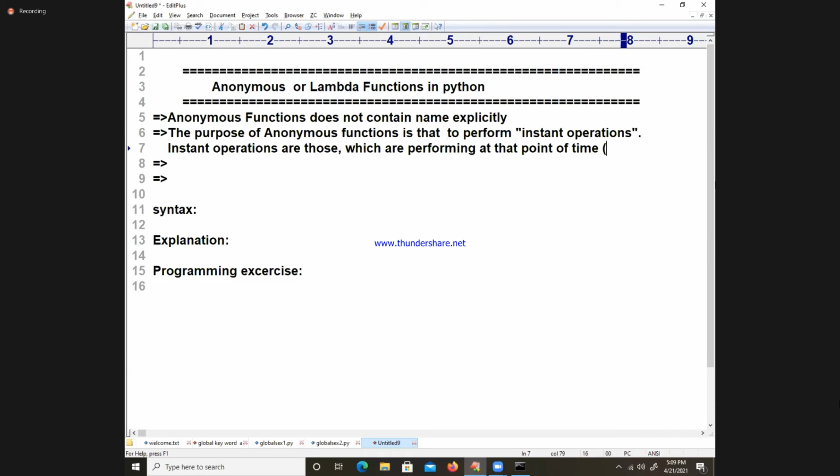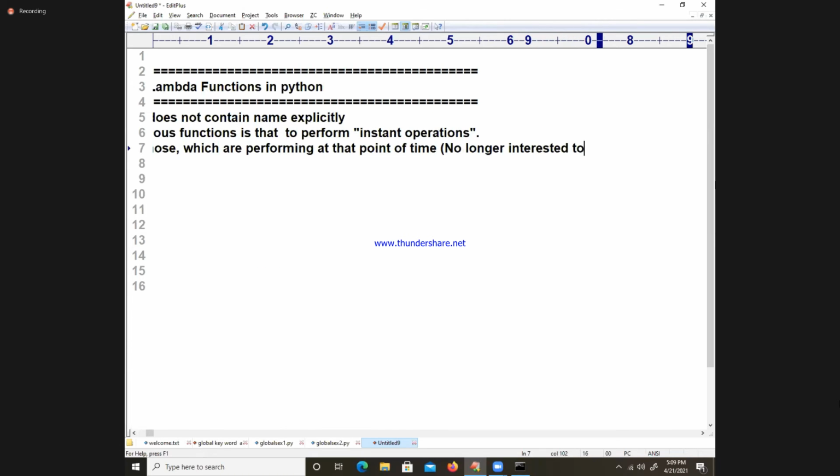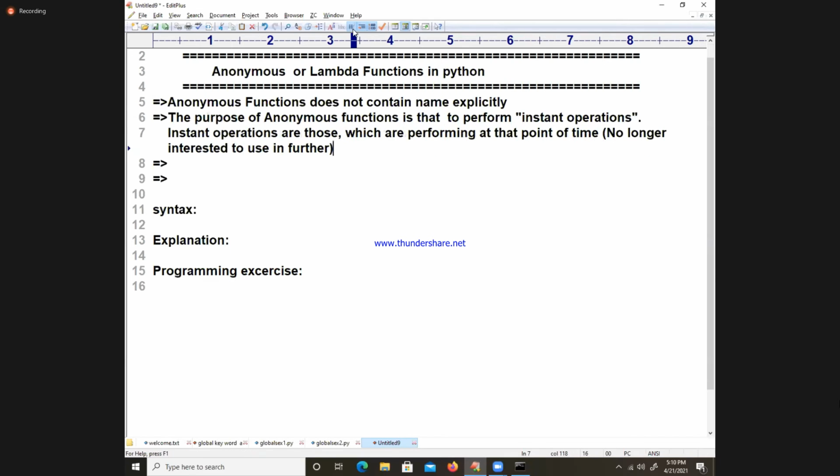Another way I'll write: no longer interested to use in future or further. Suppose I am interested to use that operation further, I will go for a normal function.